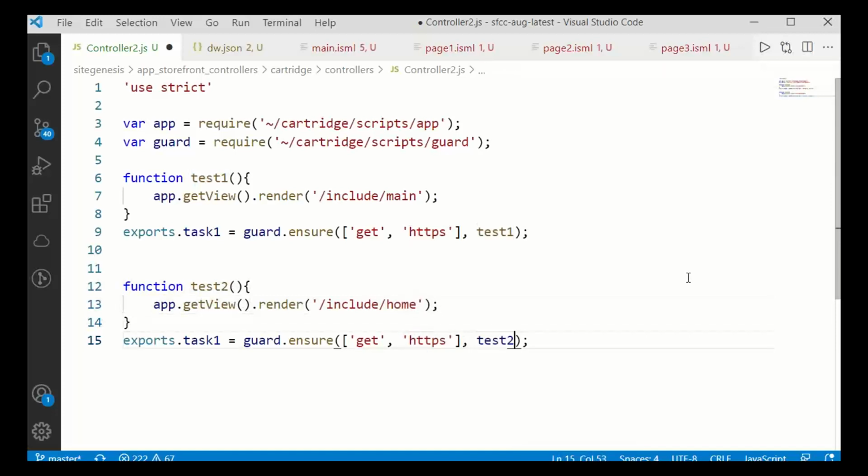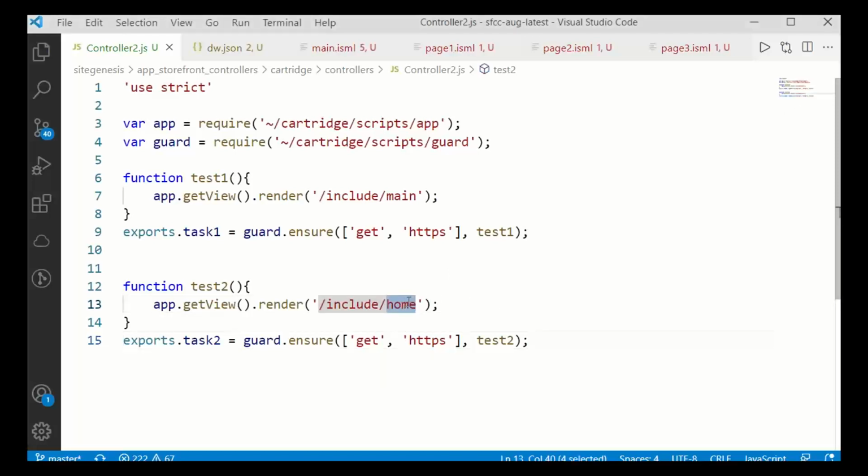Test two, task 2. Please try developing test 2 with a URL as task 2.